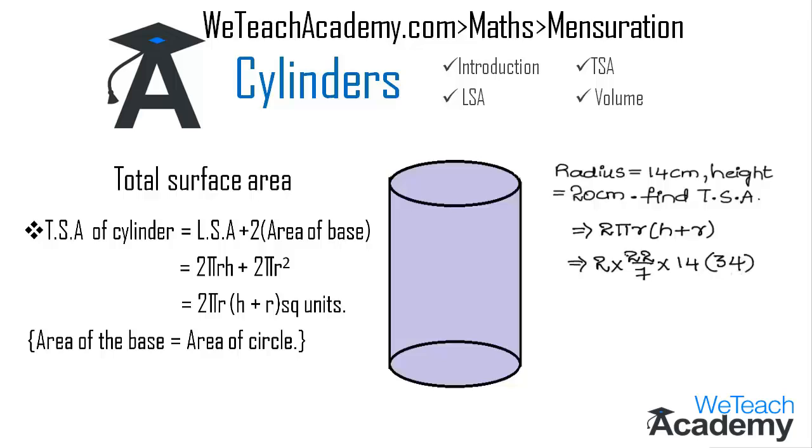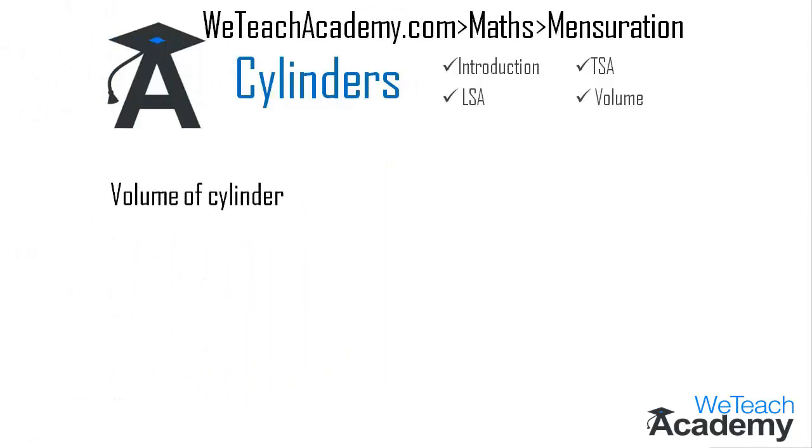Here by simplifying, we get 7 one time is 7 and 7 two times is 14. So by multiplying 2 into 22, we get 44 over here into 2 into 34, that is 68 over here. Then multiplying, we get the product over here as 2992 centimeters square as the total surface area. And then coming to the next section, where we are going to discuss the volume.